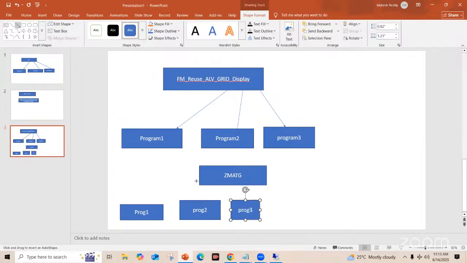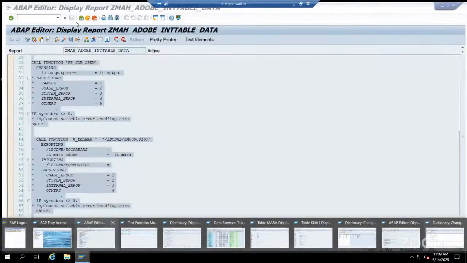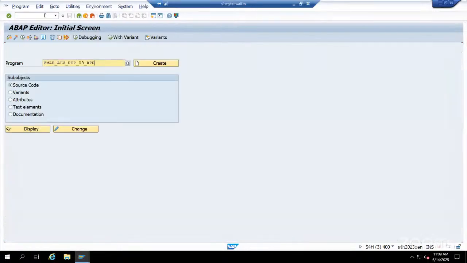The same type group you can use. Okay, now if I go to program, new program,